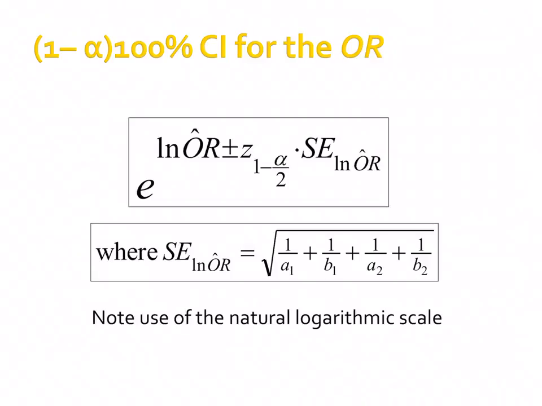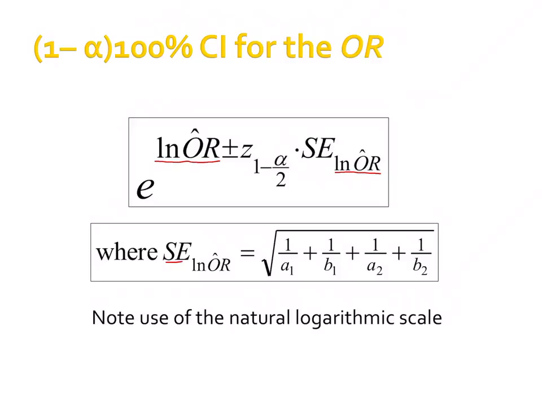If we were to do a 1 minus alpha confidence level for odds ratio, this gets a little bit more involved, and you have a homework problem on it, but don't worry, it's relatively easy to set up. Here we have our formula for our odds ratio: ln of the OR plus or minus a z of 1 minus alpha over 2 times the standard error of the ln of your OR, where the standard error is equal to the square root of 1 over A1